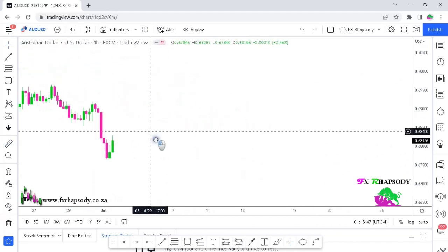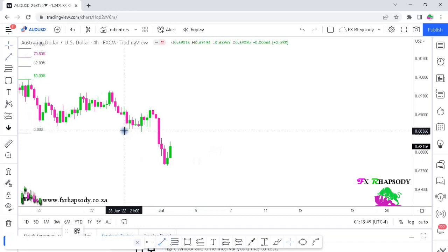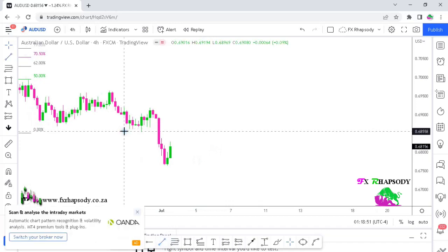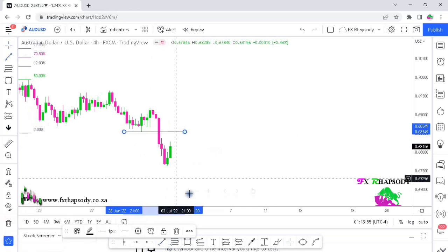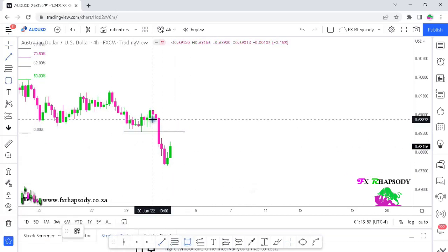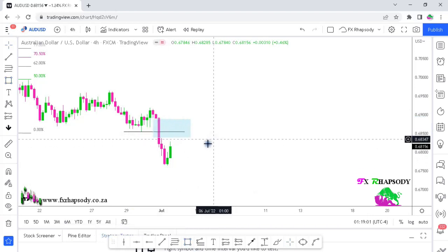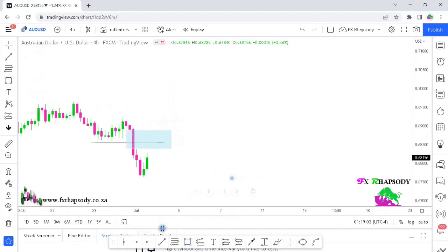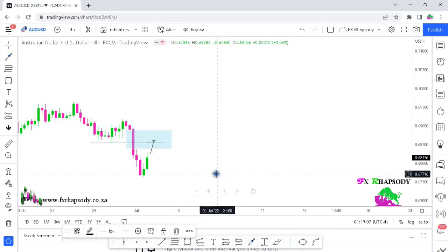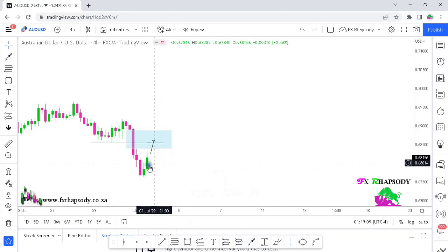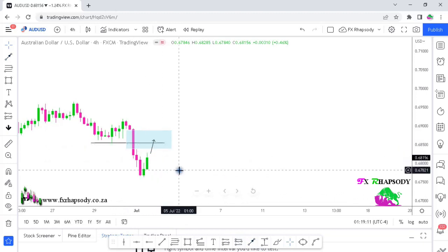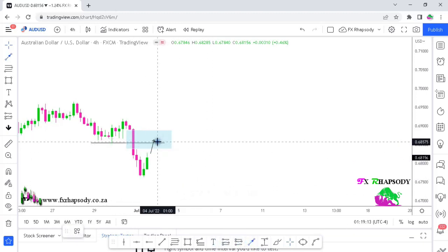Currently what we're seeing is price broke another structure area in the market right around there. That's another area where price broke structure, creating yet again another area of imbalance. And what do we know from imbalances and fair value gaps? Price gets drawn into that area. So we'll have to look and see if price gets drawn into that area before it carries on to the downside,